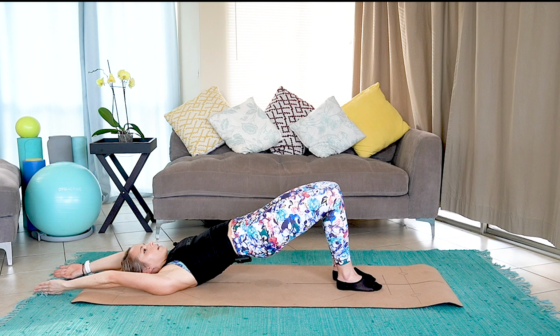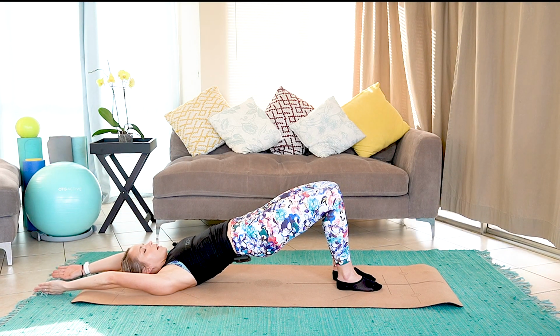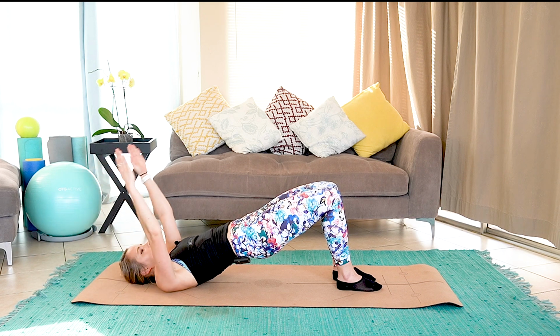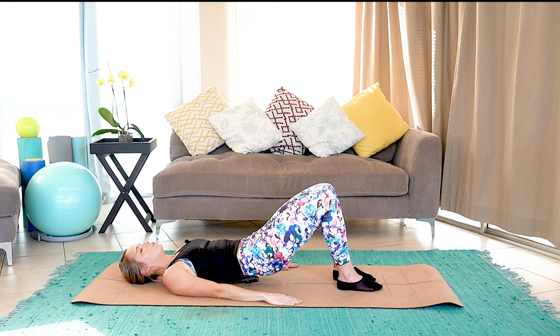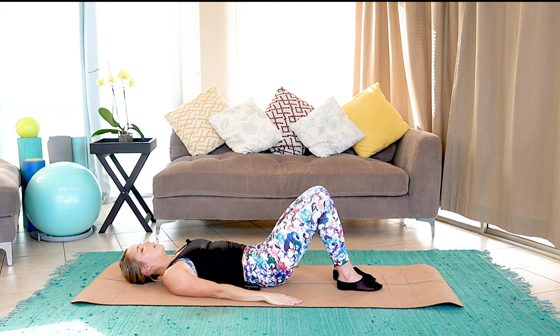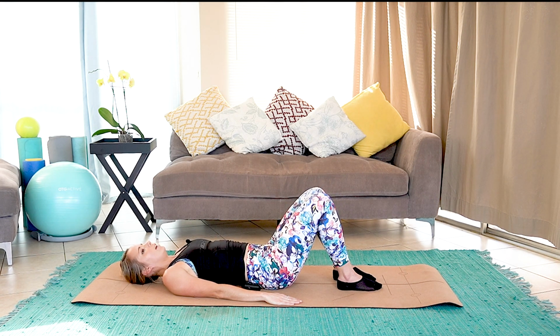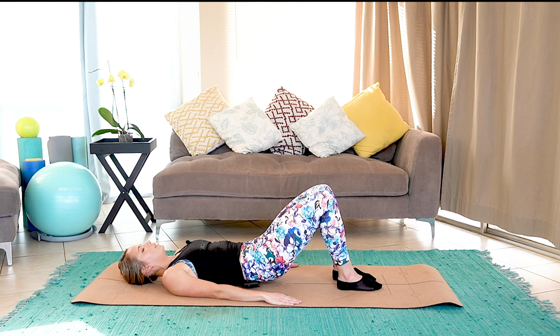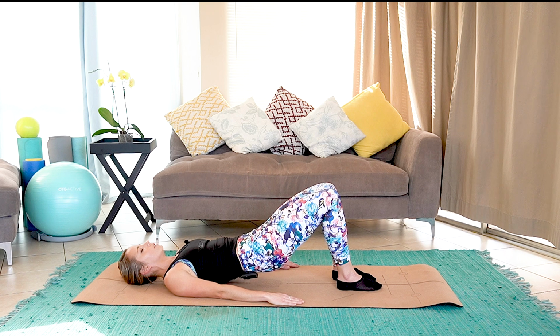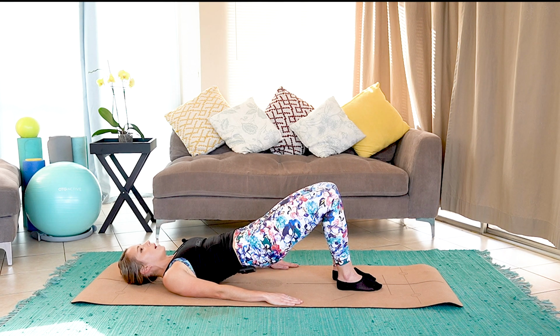And slowly inhale, exhale, brings arms to side. As we roll ourselves back down, we're going to do 2 more of these. Let's inhale, exhale, roll that pelvis up towards the ceiling, resting those shoulders, making sure the back part of your